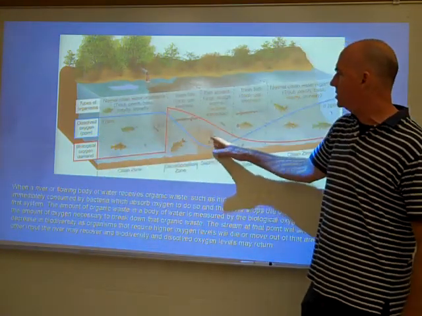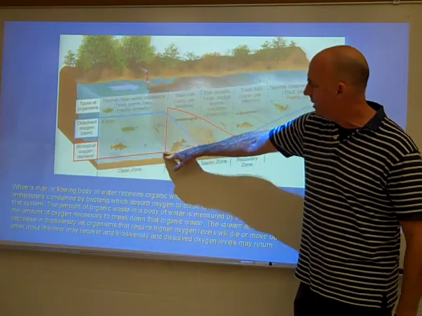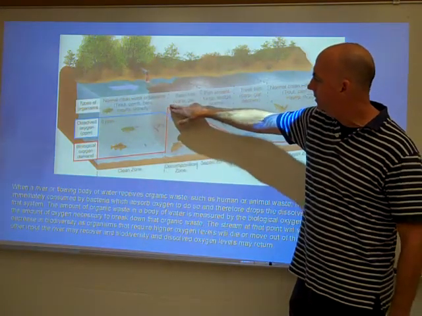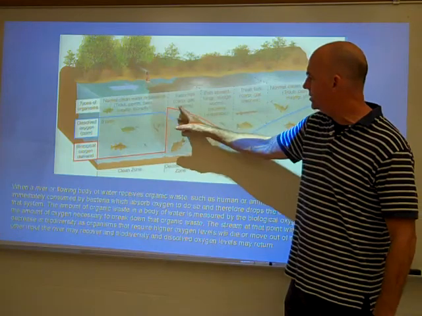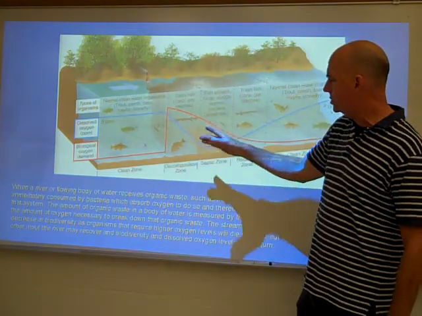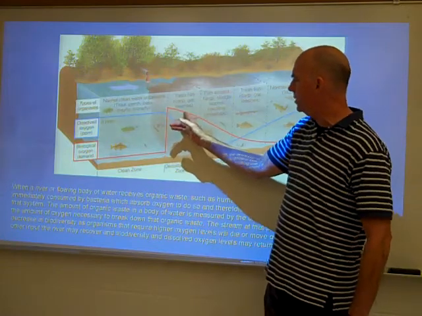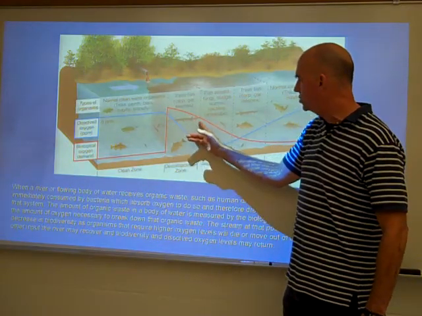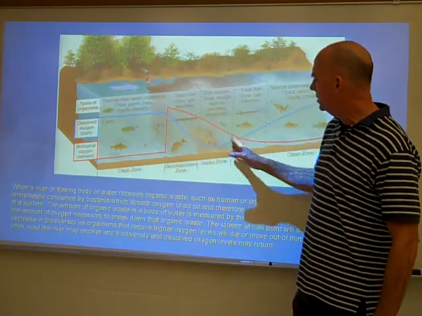You get this organic waste comes in. It's indicated by the red line here, jumps up here. Bacteria start to eat it. As they are eating this waste, they are consuming oxygen to do that. That's what you use oxygen for, is to break down your food, so do bacteria. So the dissolved oxygen is going to drop as well, and you're going to get into this zone where it